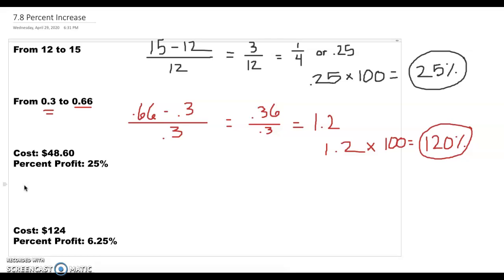Okay, so the next thing we're going to do is find out the profit. We're going to find the profit of this next problem of cost and percent profit. So we're going to let P equal profit. And the way we set this up is we're going to just write it out: 25% times